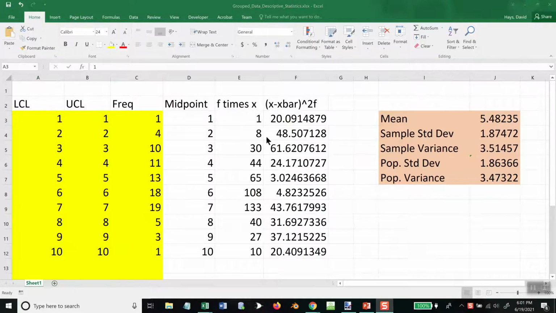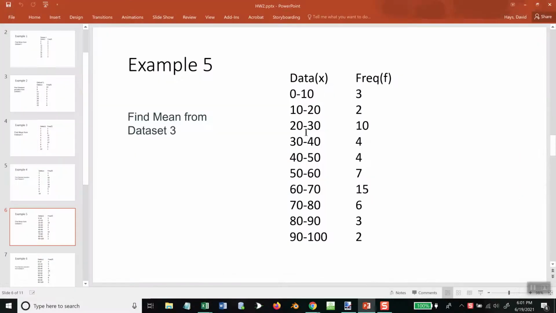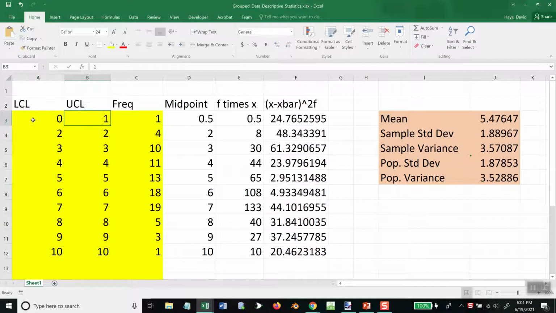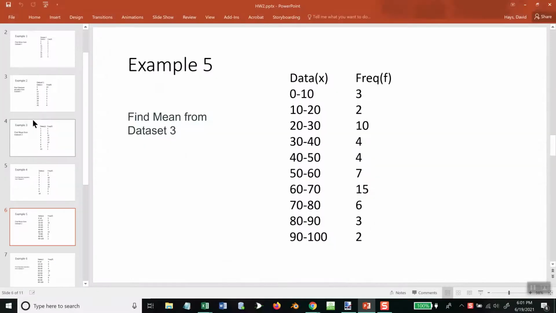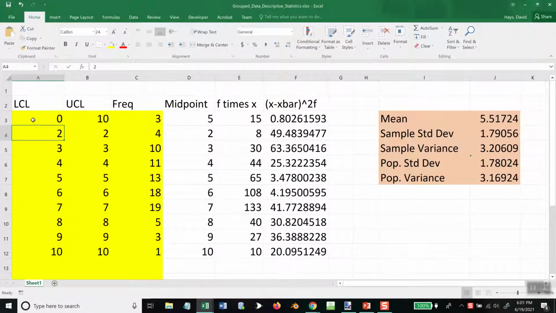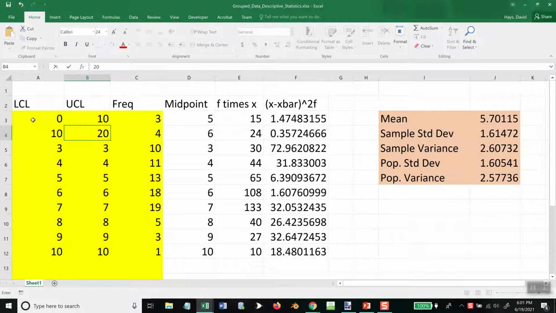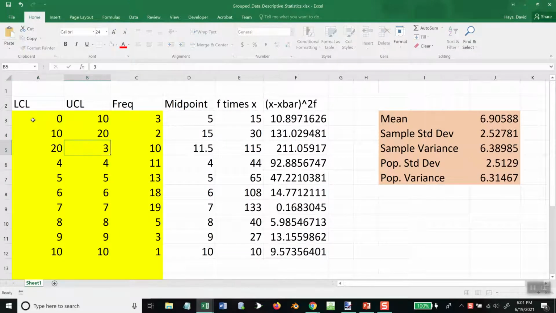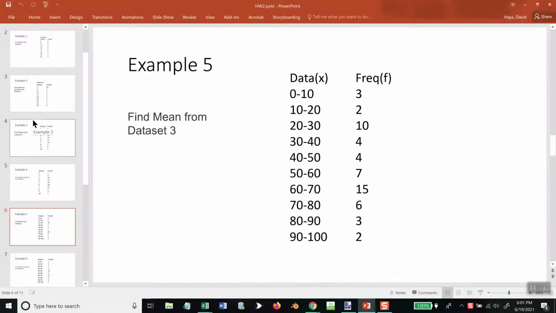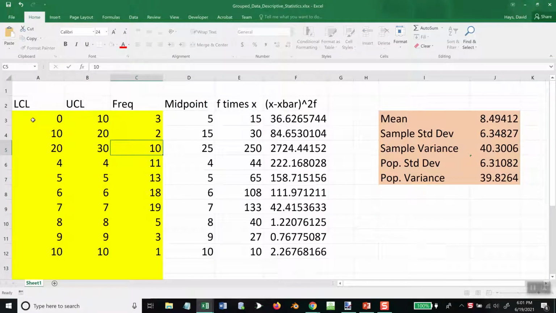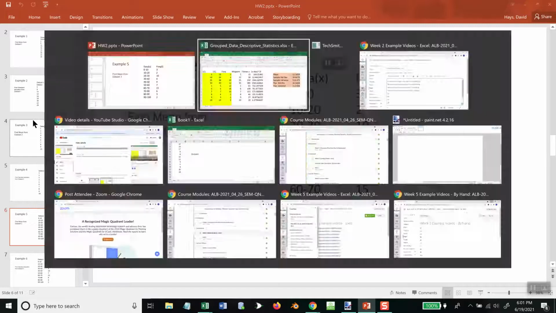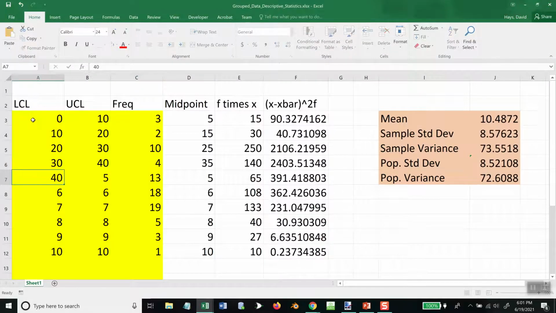And now that we got a range, like that first one is 0 to 10, then I put 0 in the lower class limit, 10 in the upper class limit, and our frequency is 3. This one's 10 to 20, so I put 10 in the lower class, 20 in the upper class, and 2, 20 to 30, 10, 30 to 40, 4, 40 to 50,